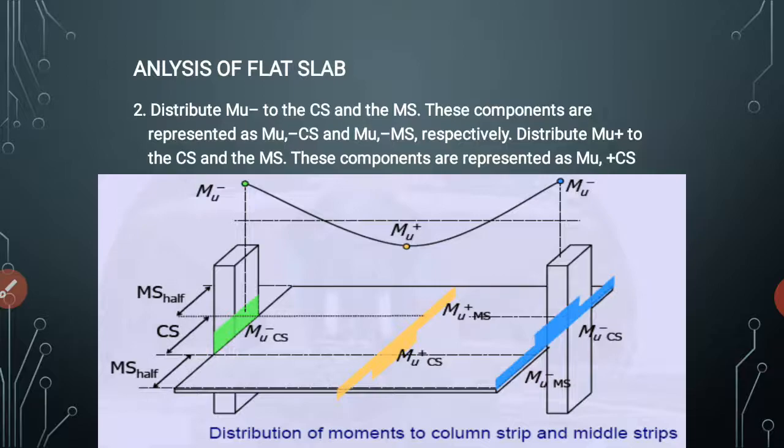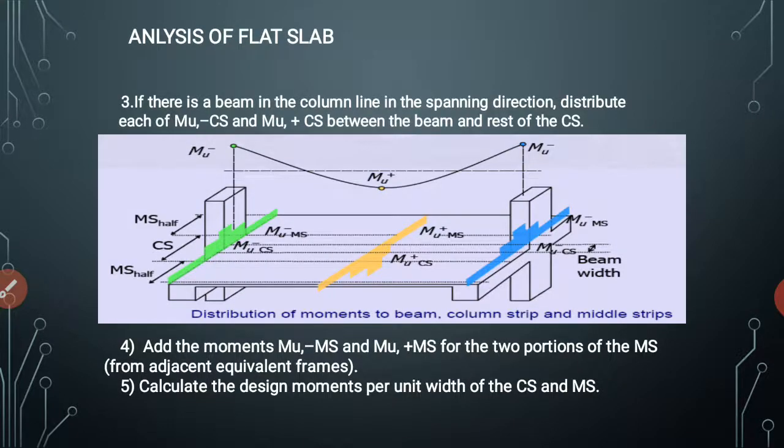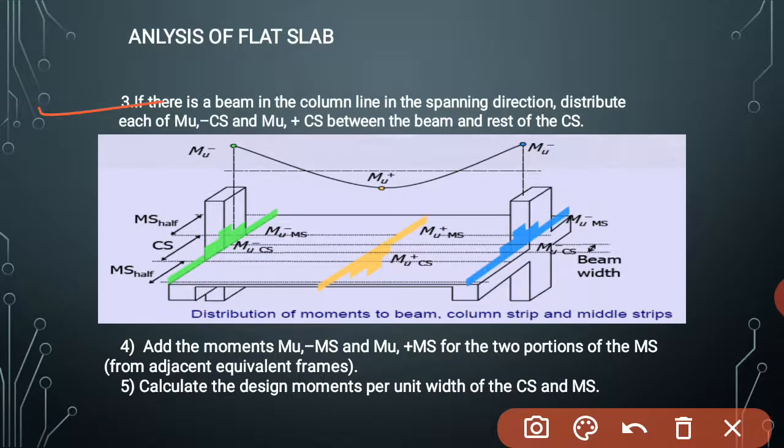So we are going to derive the column strip movement and the middle strip movement, and the movements in the column. For calculation of movement in column, we are going to use IS clause numbers 31.4.5.1 and 5.2. Okay, so these two clauses we'll see. Now once we calculate the movements in the column strip and middle strip, then we'll go for the